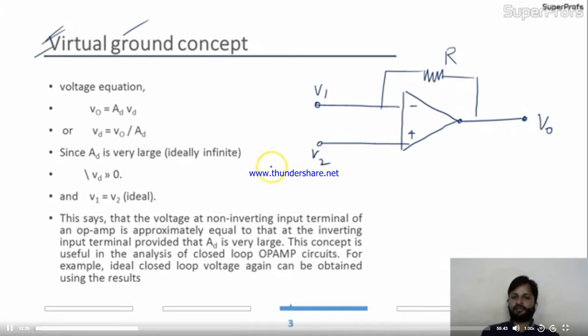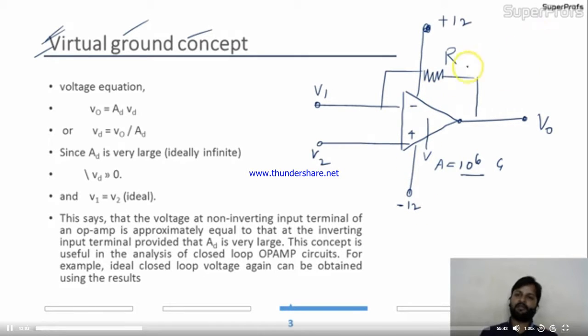Now what does the virtual ground concept say? Tell me one thing: what is the gain of an op-amp? It is always in the range of mega or giga. So I'm taking it as 10 to the power 6. Now we apply the power supply to the op-amp also, like plus 12 to minus 12. This is the limit, the op-amp can't work beyond this. Up to 12 volt you can use it, and beyond 12 there is distortion or